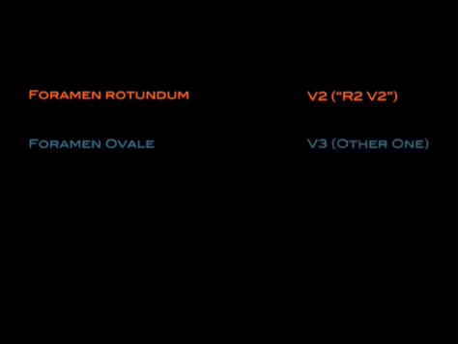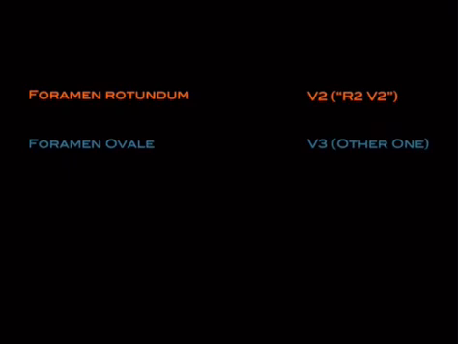Okay, so trivia time. So that is the what is it? Now, what runs through it? These make good 2-part questions, where you have to know part 1 to do part 2. So what goes through rotundum? V2, the maxillary nerve. The way that I remember that is the Star Wars character R2-D2: R2-V2. V2 for rotundum. Ovale is the other one. So V3 is